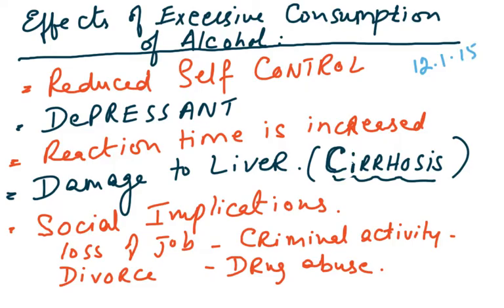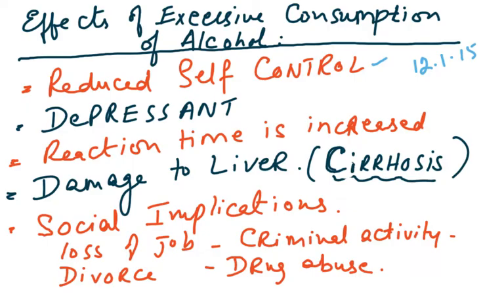12.1.15 is your syllabus point, and it says, what does it result in? It results in reduced self-control. Reduced self-control means that usually you control yourself, don't go into arguments with people, you don't fight with people. But under the effect of alcohol, you are going to be unable to do that, and you're going to lose control, maybe end up in fights, maybe hit somebody, maybe get angry with somebody, maybe abuse somebody,